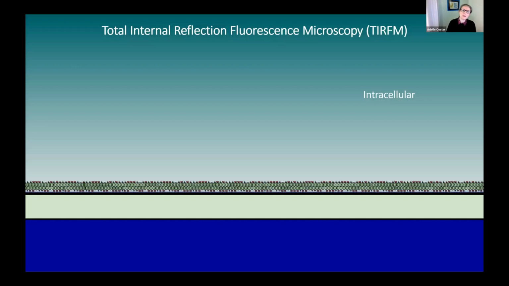To do this, we use total internal reflection fluorescence microscopy, or TIRF. And so broadly how it works is that you have a cell, and now the cell membrane is at the bottom because this is a microscopist's view. And so this is an inverted microscope where your objective is coming from the bottom, and you have a cover slip and you have the cell sitting on top of it. So you have the plasma membrane sitting at the bottom here on its cover slip, and here is where your objective is. This is the inside of the cell here.